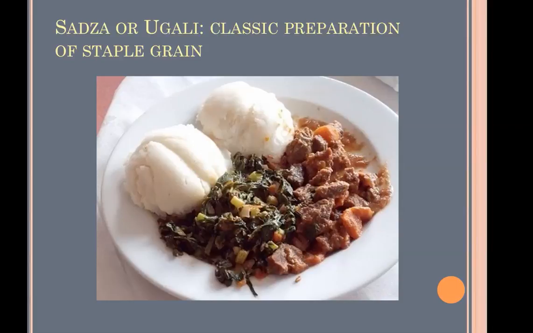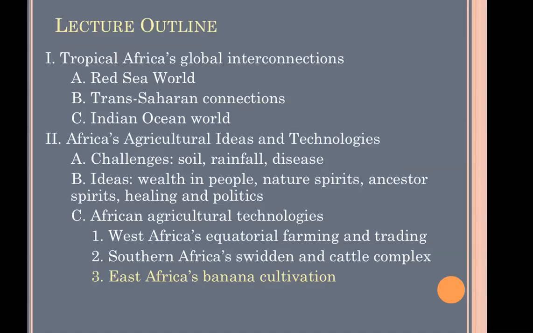You actually work it around in your hands, and you kind of make it into a scooping surface, and you would scoop any kind of meat, beans, vegetable that was being produced. So it's completely typical throughout Eastern and Southern Africa as a major part of their diet.